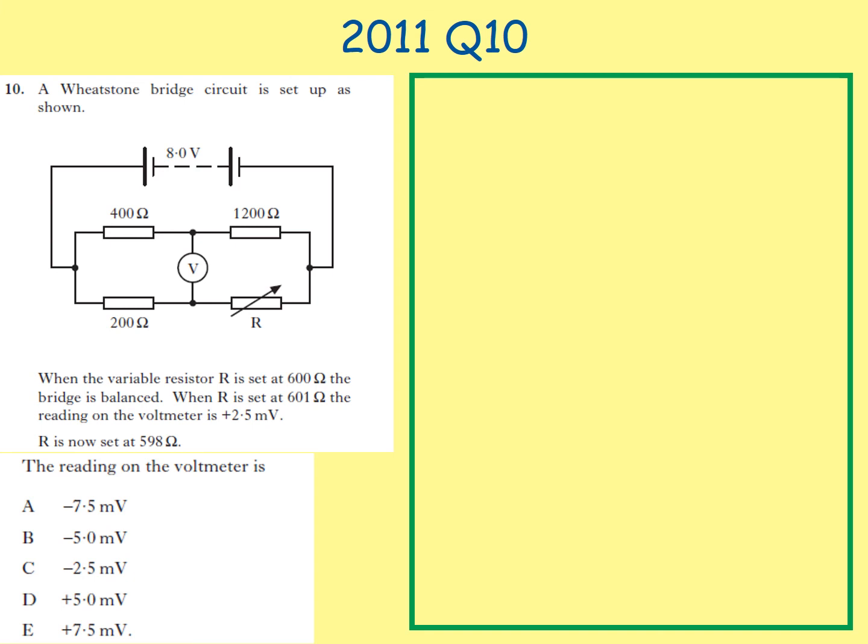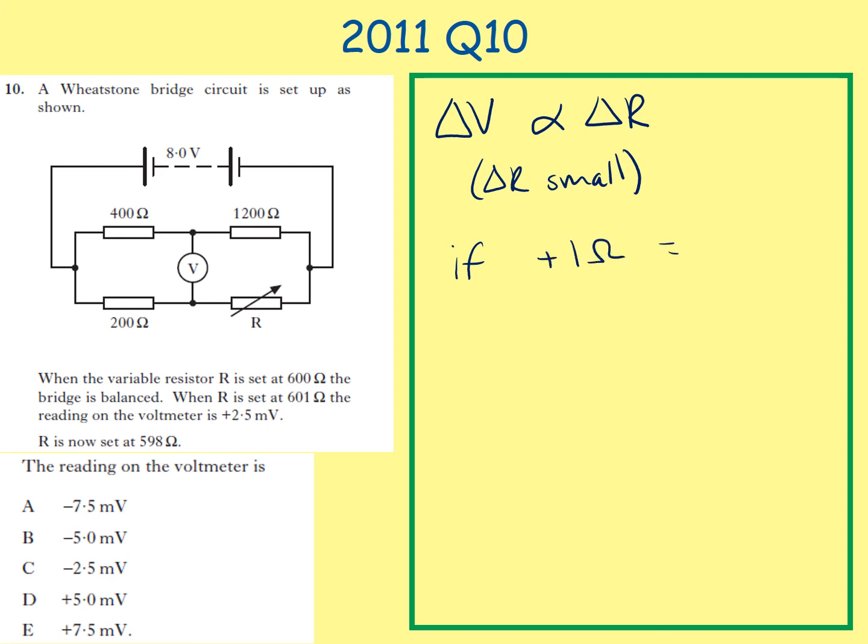Again, we know that the change in voltage is directly proportional to our change in resistance when our change in resistance is small. In this case, the resistance is changed by 1 ohm with respect to hundreds of ohms, so our change in resistance is small, so the statement holds. So if adding on 1 ohm, so going from 600 to 601, is equal to a change of plus 2.5 millivolts,